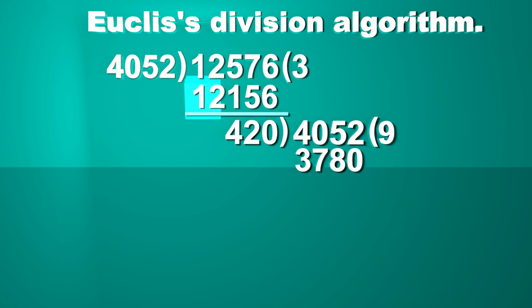Now we will divide 148 by 124 one time and we will get remainder 24. So we will divide 124 by 24 and 24 will divide it 5 times leaving remainder 4. Now 24 will be divided by 4, which is divisible by 4 in 6 times leaving 0 as remainder. Therefore HCF is 4 because remainder has become 0.